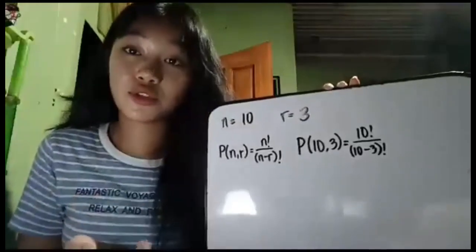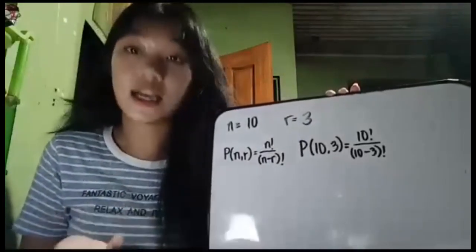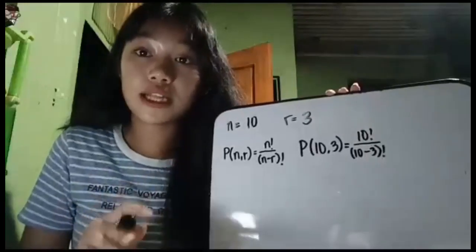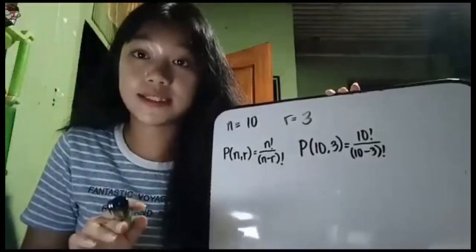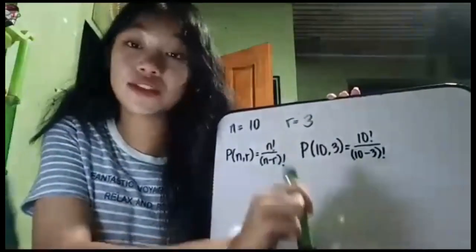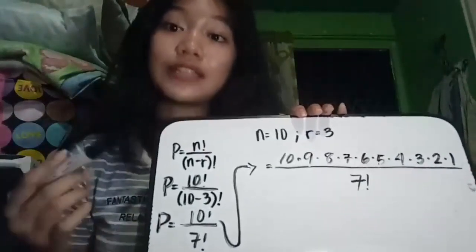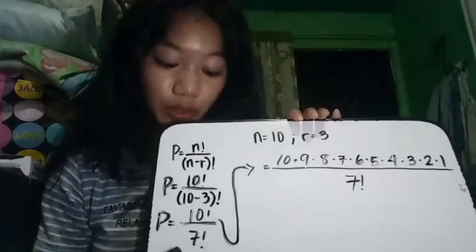So now that na-substitute na natin yung ating mga given, pwede na natin silang i-solve. So dapat dito, una nating isosolve ay yung naka-parenthesis. Ano ba yung naka-parenthesis dito? Ito yung nasa denominator natin, which is 10 minus 3 factorial. So now that nakuha na natin yung sagot sa ating denominator na 10 minus 3 is equal to 7 factorial,